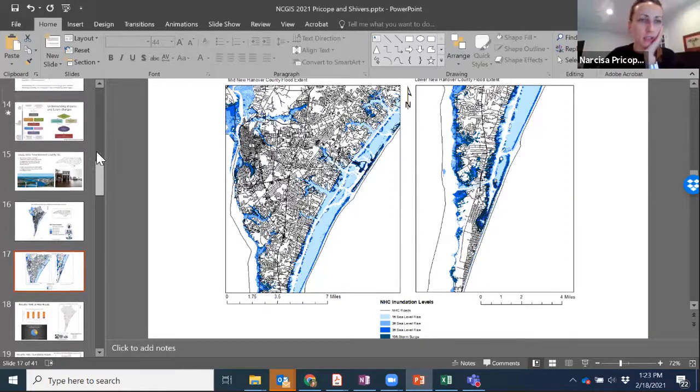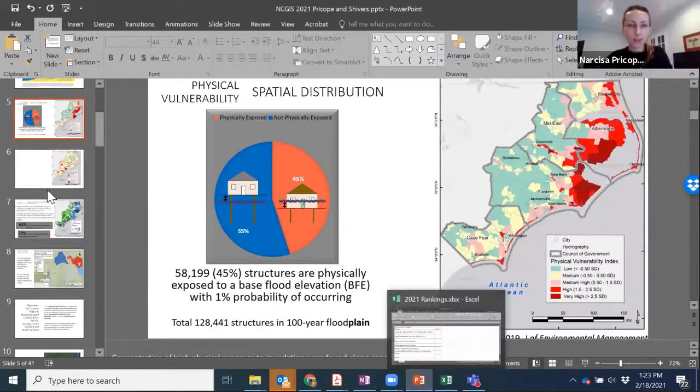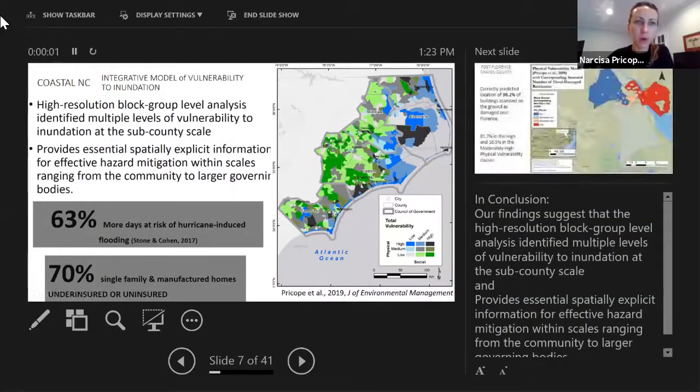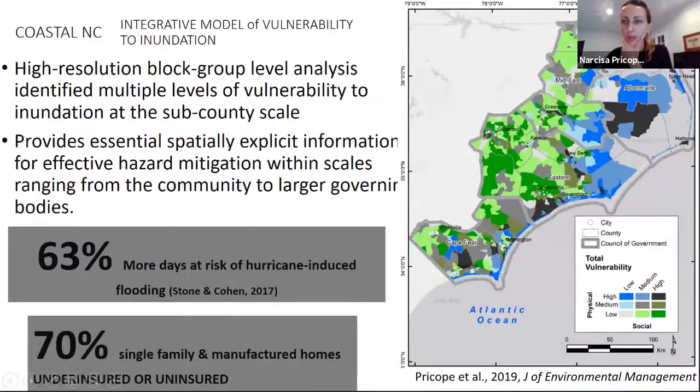The part of this study that I didn't show, nor did I have time to talk about, got at the overall vulnerability to flooding. It was then followed by work by another one of my students who graduated, where we took imagery right after a storm event,